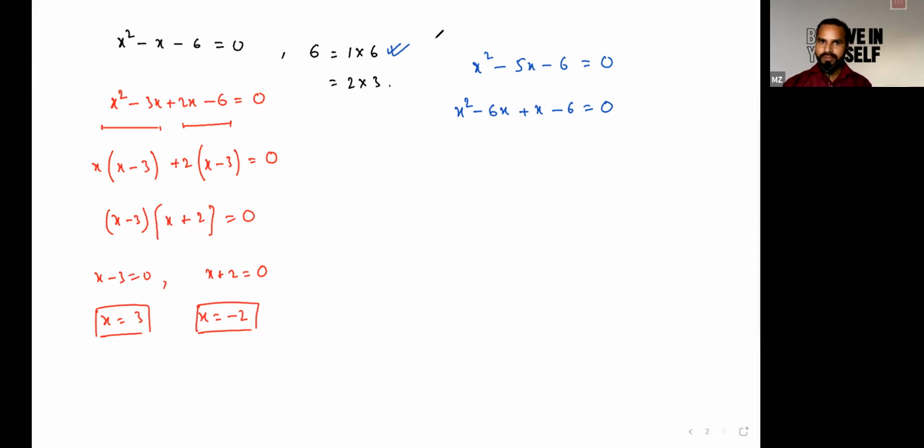In any other quadratic equation, you have to take the product of the first part, that is the coefficient of x squared, and the last constant term. So it will be 1 into 6. So we have 6. Now factor that particular number. On the base of this 6, we would have 2 different factors. First is 1 into 6, and the second one is 2 into 3. Okay, Mohammed Umar?